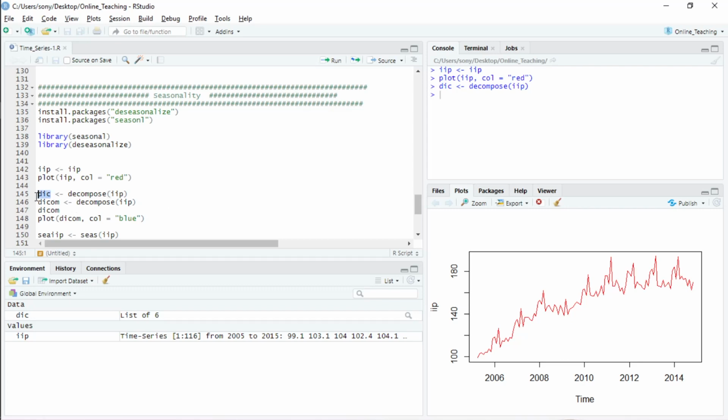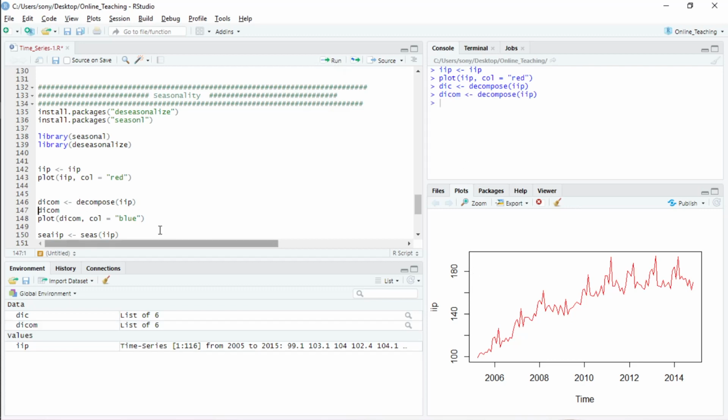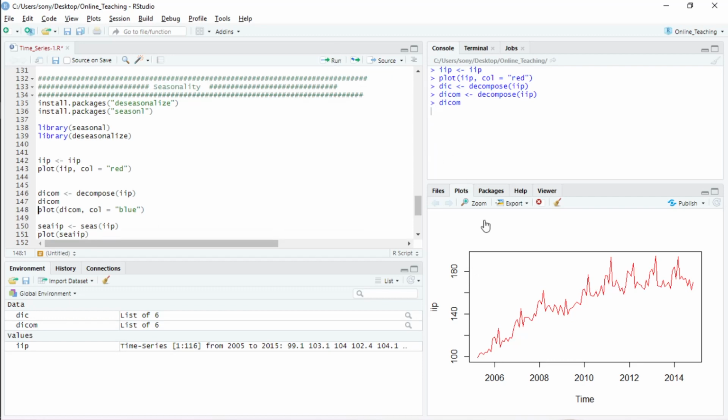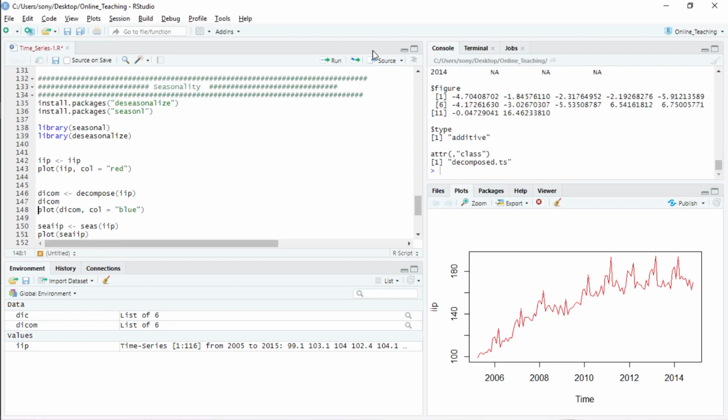I generated a new variable called decomp, which consists of the decomposed IIP series. Now I'll plot that.